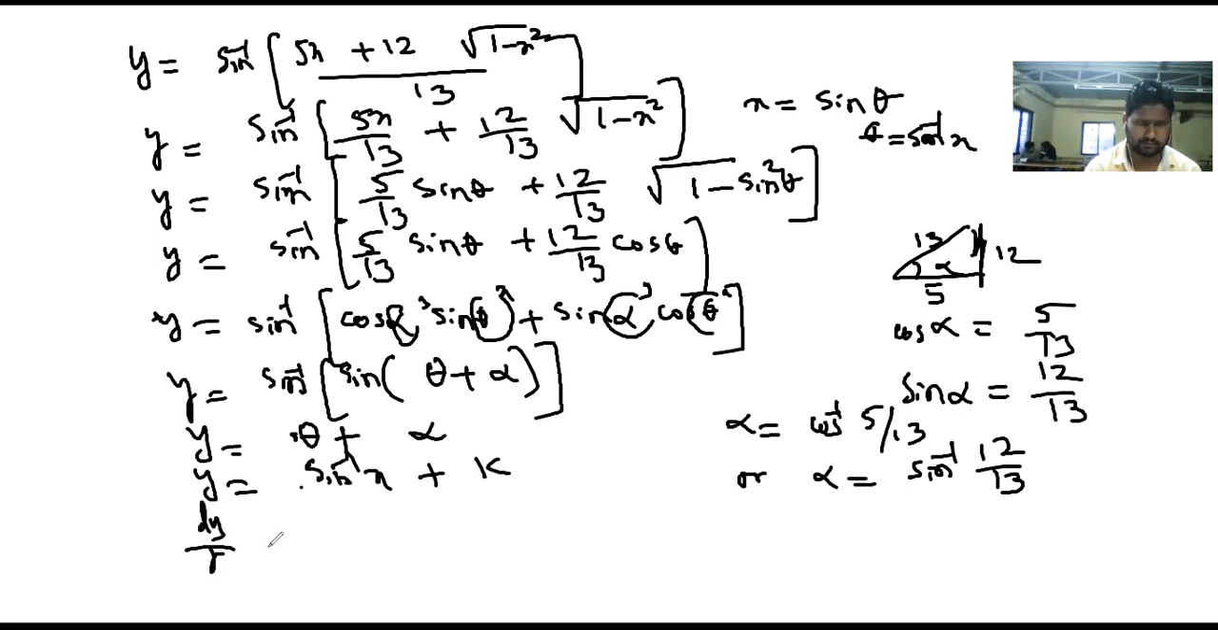So dy by dx equals the derivative of sin inverse x, which is 1 divided by square root of 1 minus